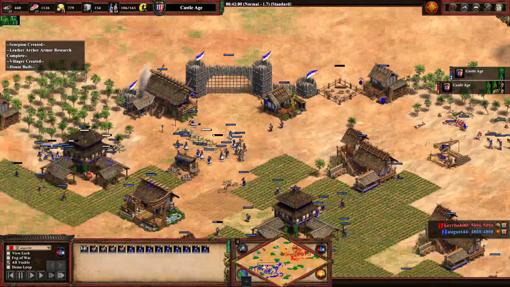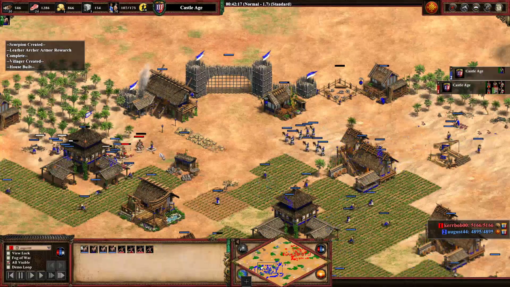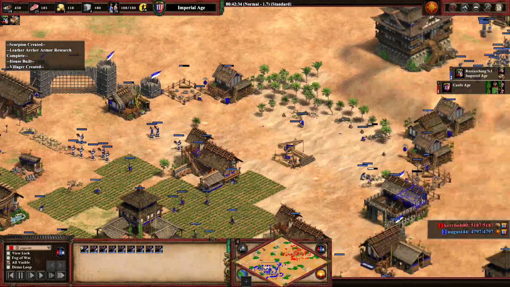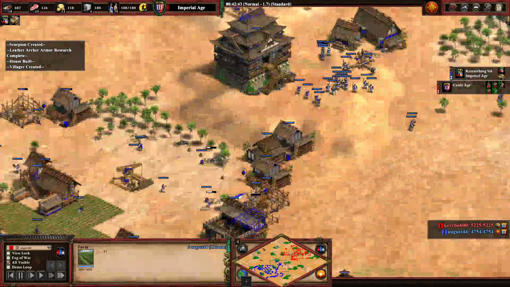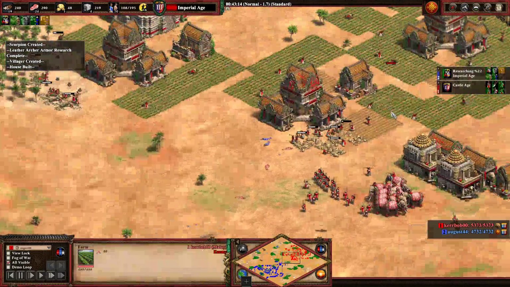Okay, good. Just make sure you garrison. Yeah, the TC just eats them. That's good. Yeah. Back to work. Alright, let's go ahead a bit here. Looks like it's going to be a calm game until you both hit Imp, so...